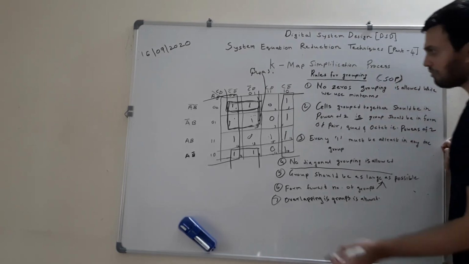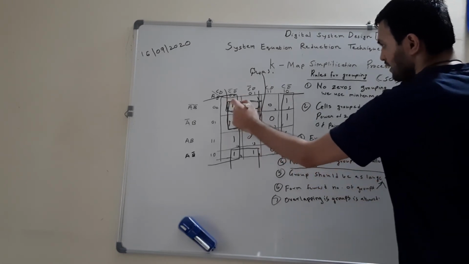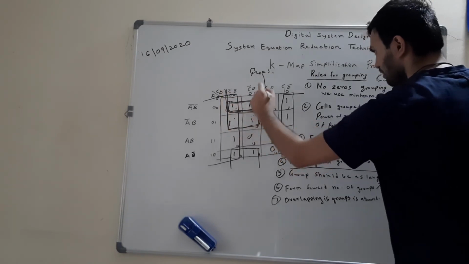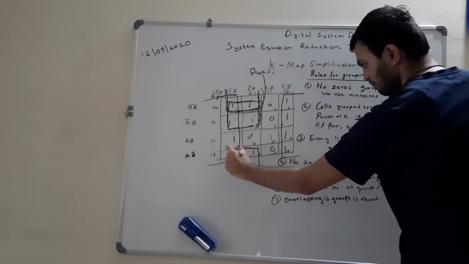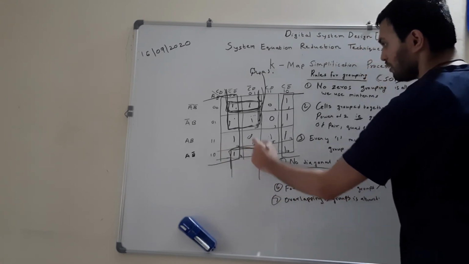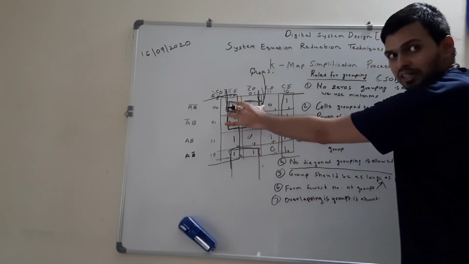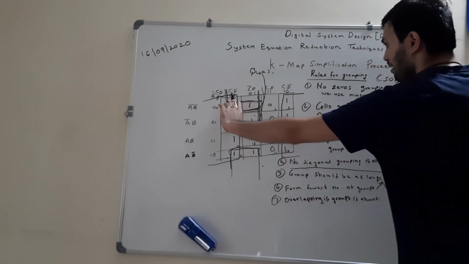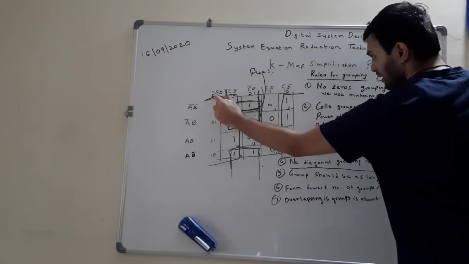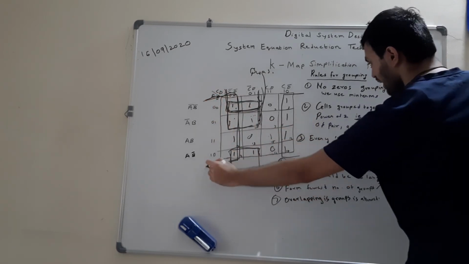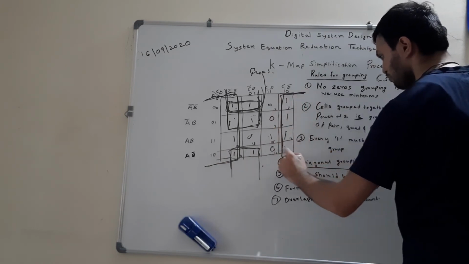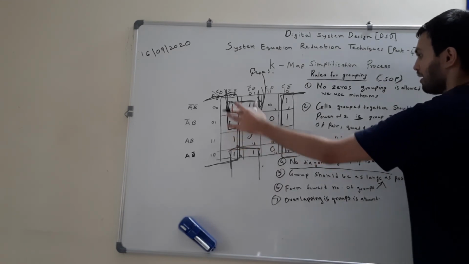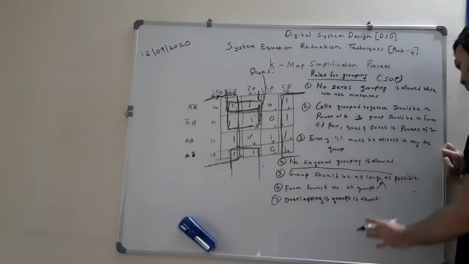Now, can you tell me which are the overlappings? Now see, this one and this one. So I have found a group over here like this. See this particular one with these bottom ones, because these are adjacent. So this is one group and there is an overlapping quad over it. So this is how overlapping is possible. And another overlapping is this part of the quad overlaps with this octet. Now which is this octet? This group of 4 ones, adjacent with this group of 4 ones. So 4 ones here, 4 ones there, that's why it is an octet. And it is overlapping with a quad and a pair over here. So in this way overlapping is also allowed.